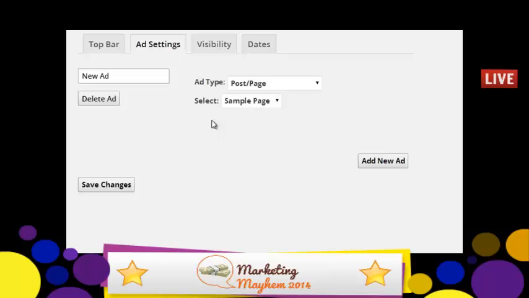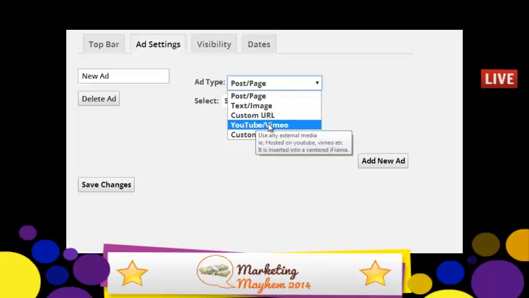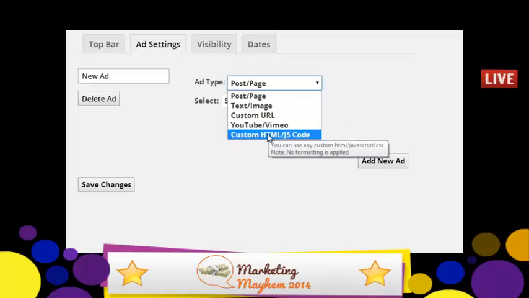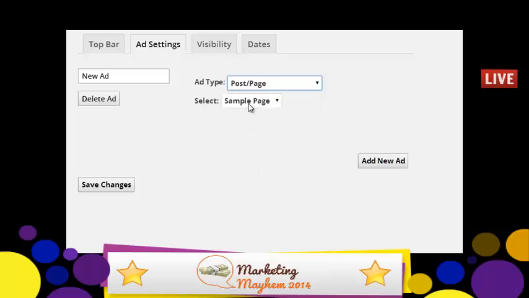You can have an image ad, you can have video ads, you can have, as you can see here, custom URLs. You can have YouTube or Vimeo ads. You can have custom HTML or JavaScript code. So as you can see, you can choose a post or a page, and you can select the post or